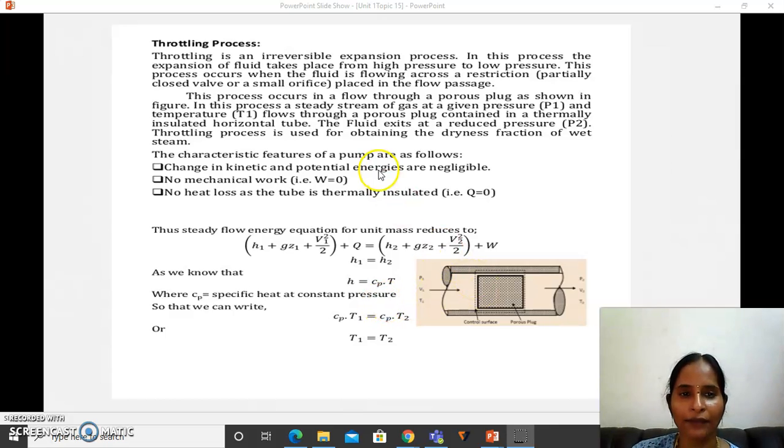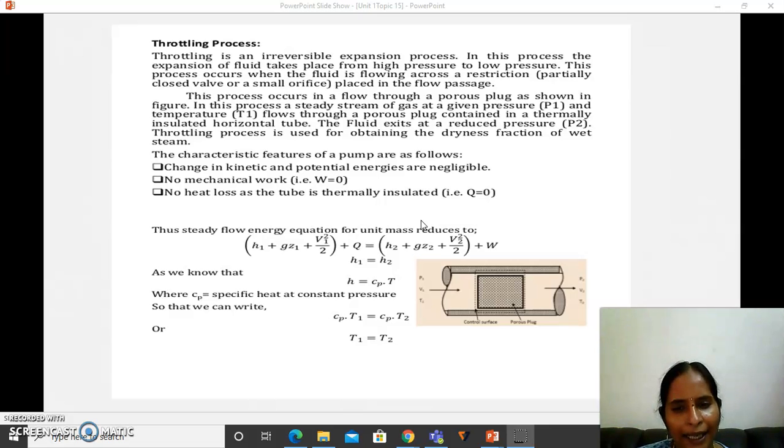Okay, the throttling device is also like this, now we can see free expansions and paddle wheel work like that. It is also an irreversible expansion process in which the expansion of fluid takes place from higher pressure to lower pressure. Of course, when the fluid crosses a restriction or any valve or a small orifice, it occurs in such a way that it always has to maintain